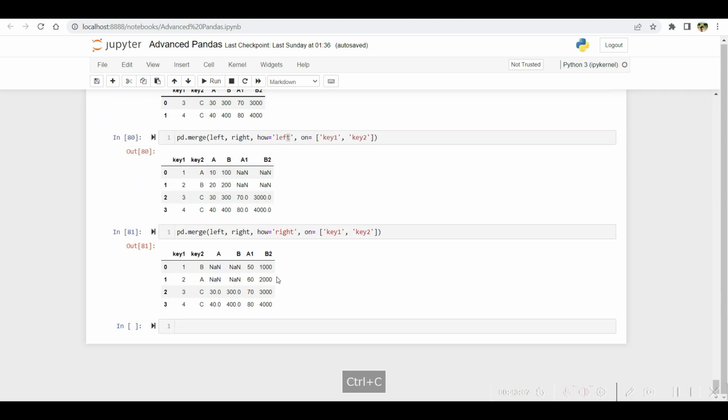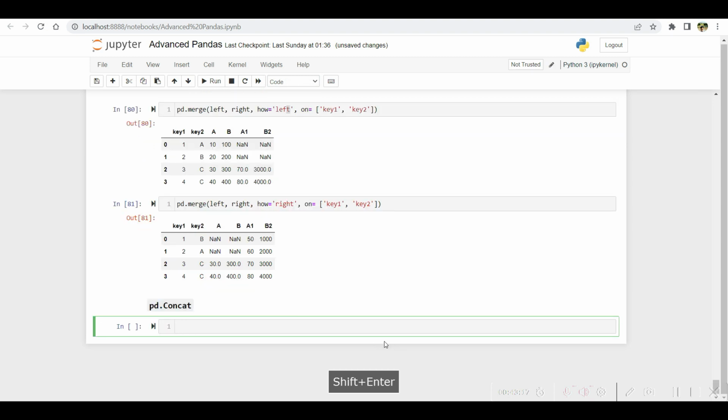This is also very important. I'll say pd.concat. I'll change this to markdown. Very important, please concentrate. Let's say I'll create two data frames, df1,